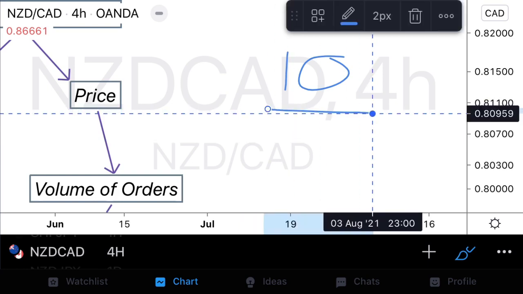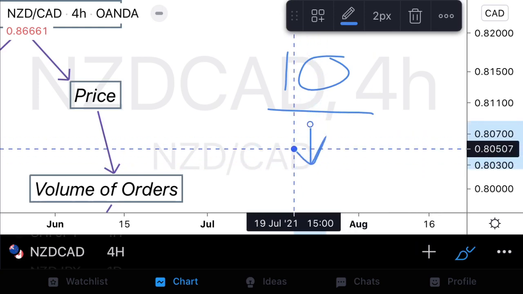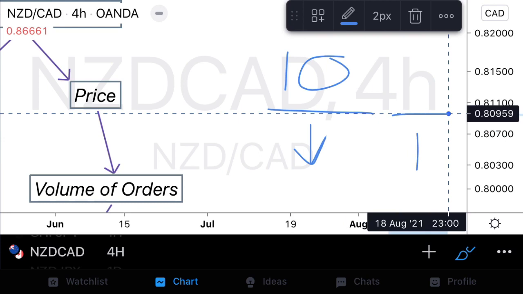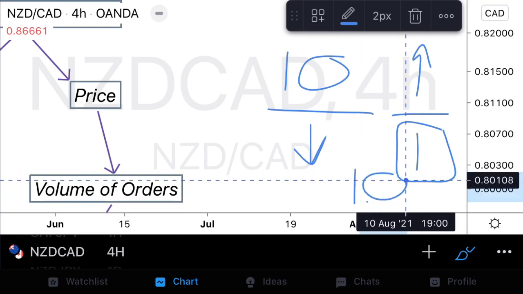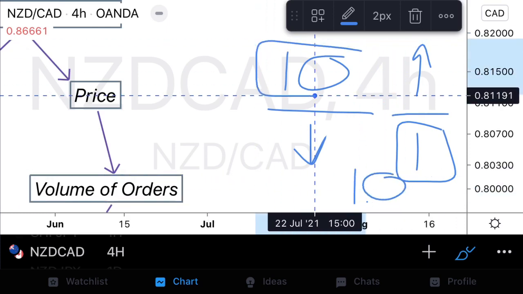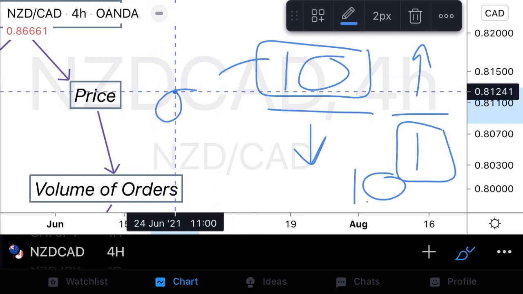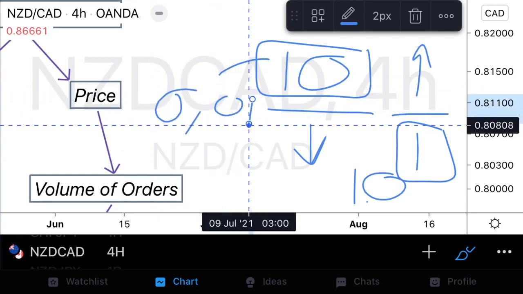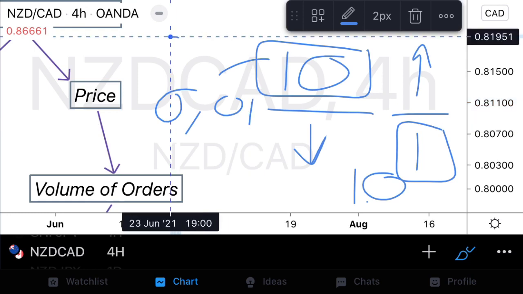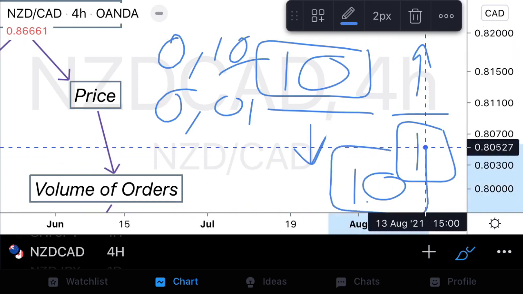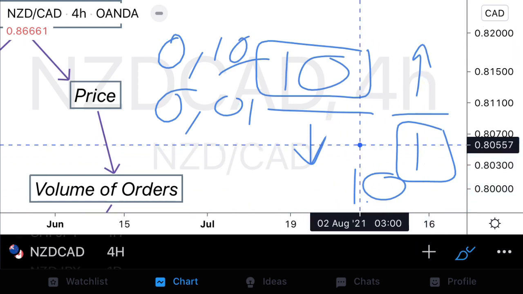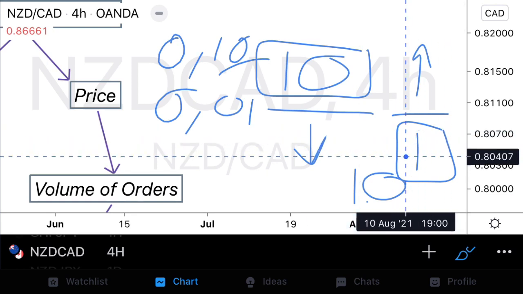If there are 10 individuals that are looking to sell this market, and there is one individual that is looking to buy this market here, and this one individual is trading at 10 lots opening their buy, and all of these 10 positions here that are being opened are traded at 0.01, all these 10 positions put together just give us 0.10. Now we can clearly see that there are more lots being bought than they are being sold, and that's what moves the price, not the amount of orders being executed at a specific price point, but the size of